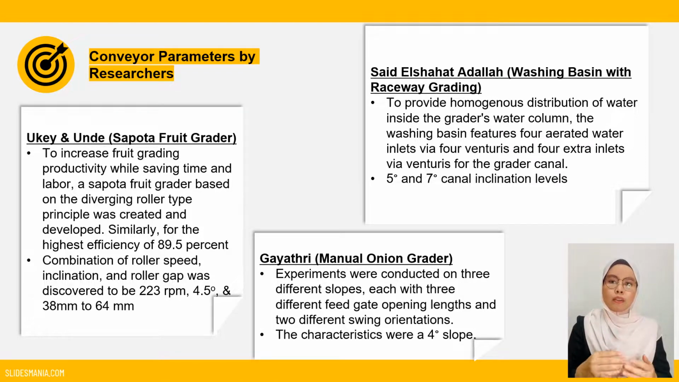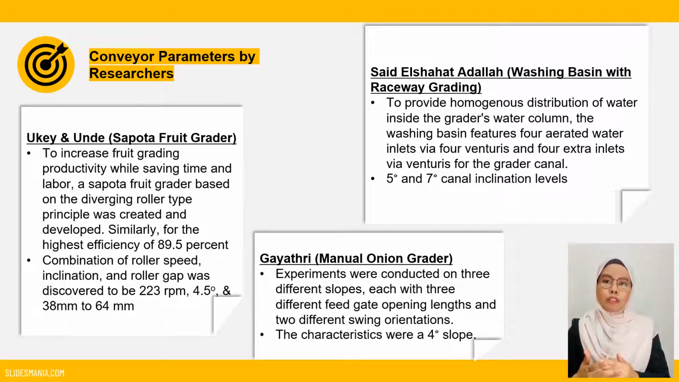By Gayatri for a manual onion grader, experiments were conducted on 3 different slopes, each with 3 different feed gate opening lengths, and 2 different swing orientations. The best characteristics were at a 4 degree slope. By Asid El-Shahad Adallah